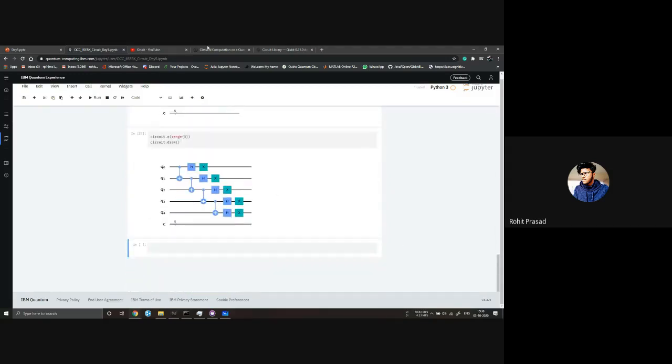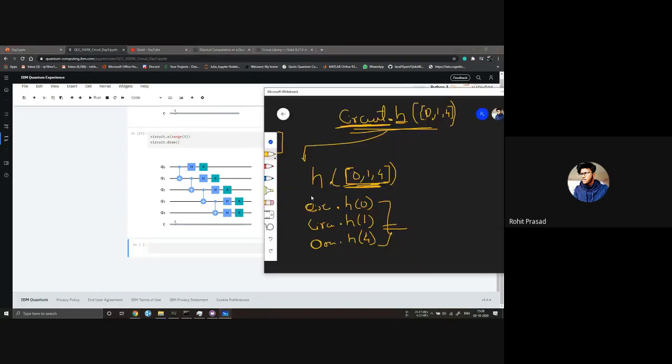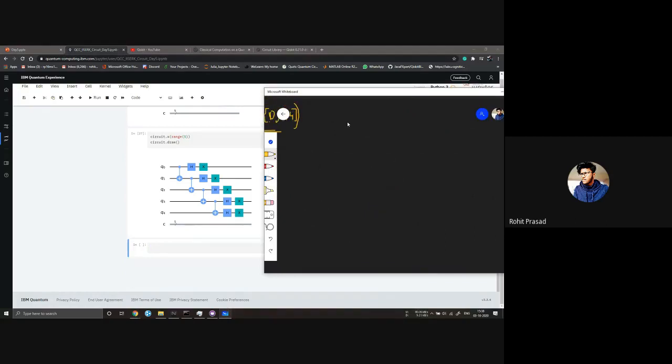Okay, so these are some ways we implement these gates. The gates I taught you till now are the H gate, X gate, Y gate, and Z gate, and CX, CY, CZ, and CH gates.